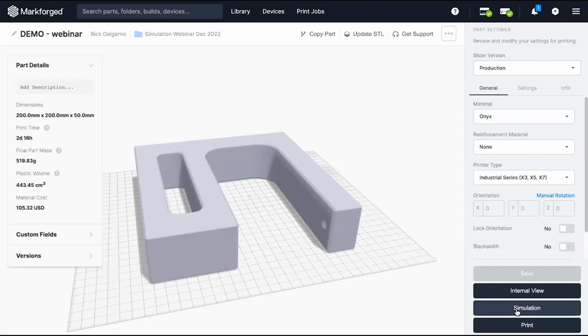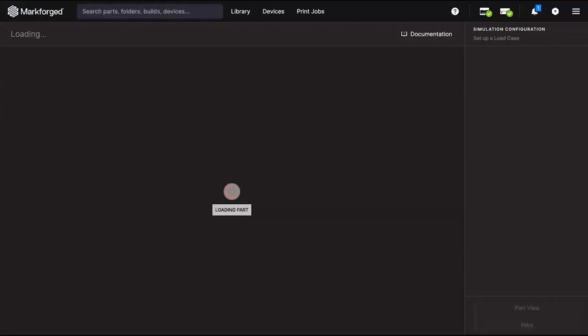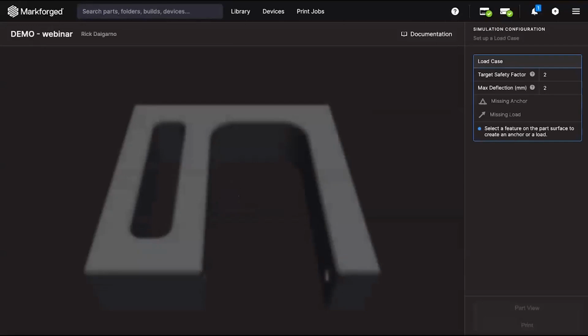So I'll enter the simulation view by clicking the simulation button, and we'll set up the use case. And the use case is really how the part interacts with other parts and how it is loaded. And to do this, I can select surfaces and define either an anchor or a load. Anchors are surfaces that are fixed and are constrained from moving, and load surfaces are surfaces where external forces are